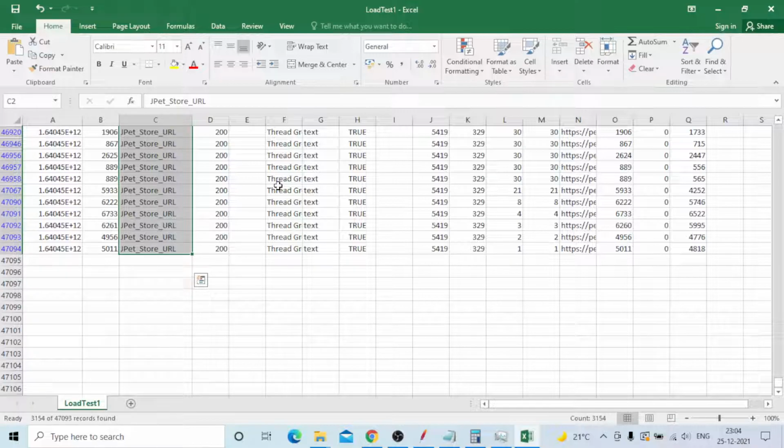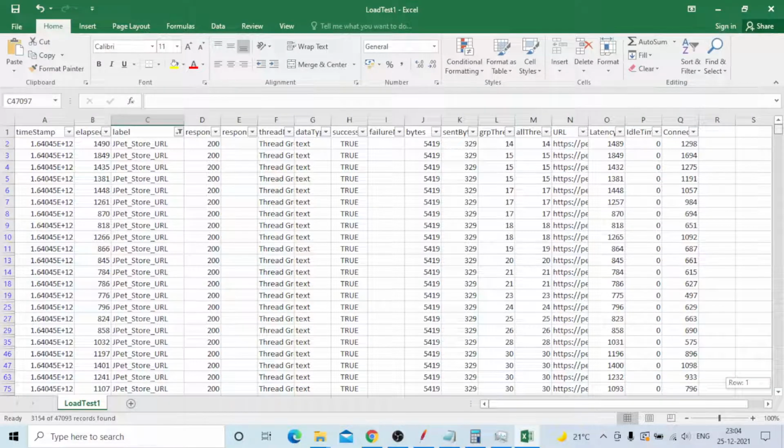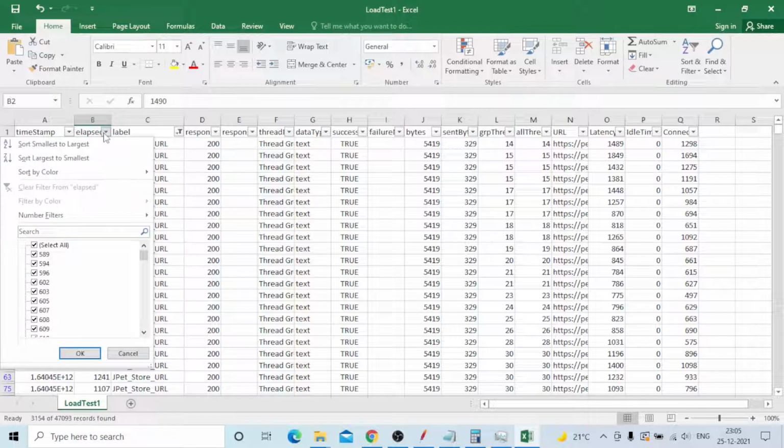You can see there is a count. Total count is 3154. This is the way you need to calculate. And for elapsed time, you also need to take the average. Now for this elapsed time you need to take the minimum, average, and maximum, how will it be taken?